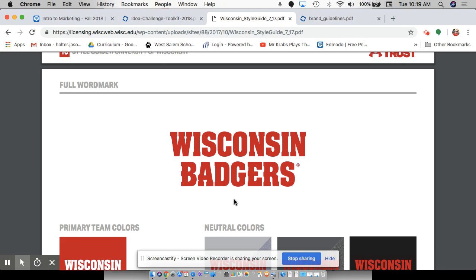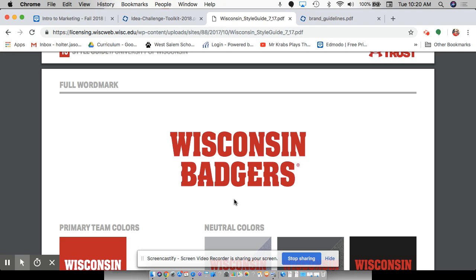They did not register Bucky the Badger for quite some time. I think it wasn't until the 90s or 2000s that they actually put a registered trademark on Bucky. So anybody could make anything with Bucky Badger on it because it wasn't licensed before. When you license something, people don't have the ability to just take your stuff anymore. Your parents could tell you back in the 80s, if you went to Camp Randall for a football game, you would see all sorts of horrible Bucky the Badgers, like Bucky giving the finger to Michigan. That was actually a very popular one that people would wear on shirts.